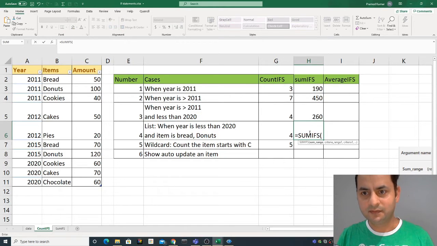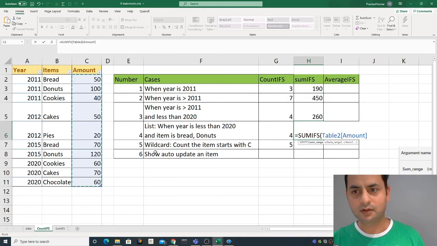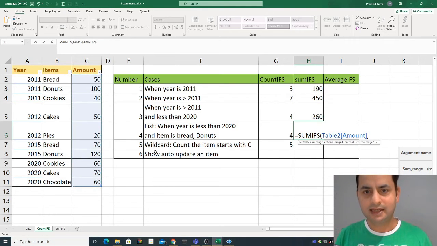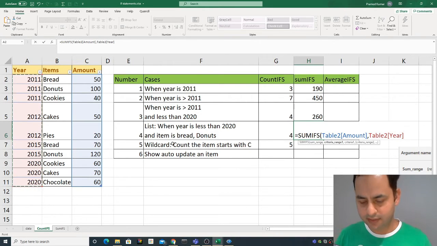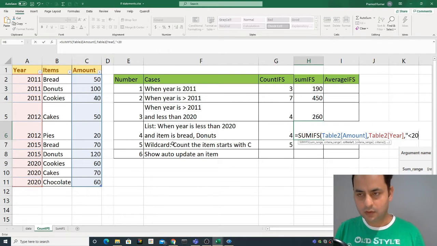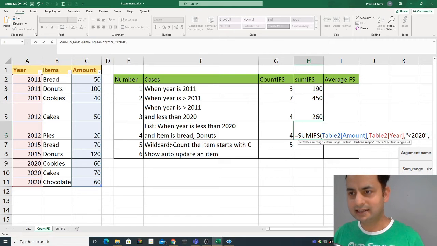I always first give the amount, because I want to sum this amount, and this is the year, which is already there. So I select this range and then do less than 2020, right? Up to here I think it's clear. The next one is the item. Before I put any filtering, I need to select the items column. Okay, I got the item